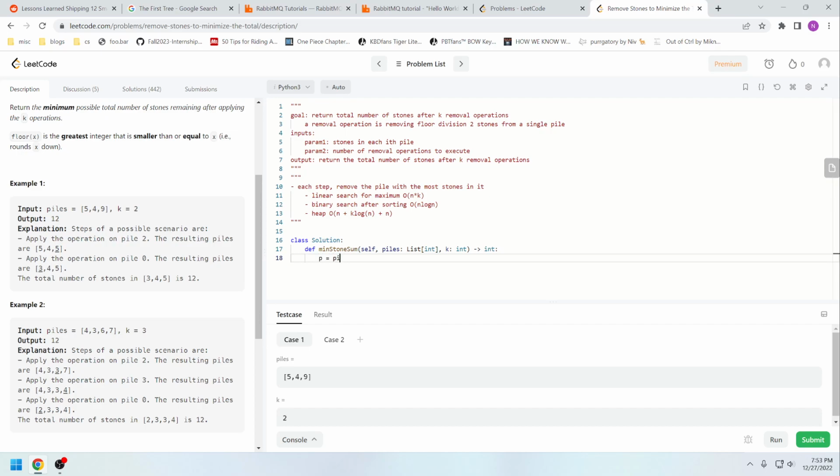Let's go ahead and clone the piles into an array P, and then we're going to heapify this. Oh, space complexity. Before I move on, the space complexity of this is going to be O of n, because you have a heap of size O of n. Okay, so now if I recall,